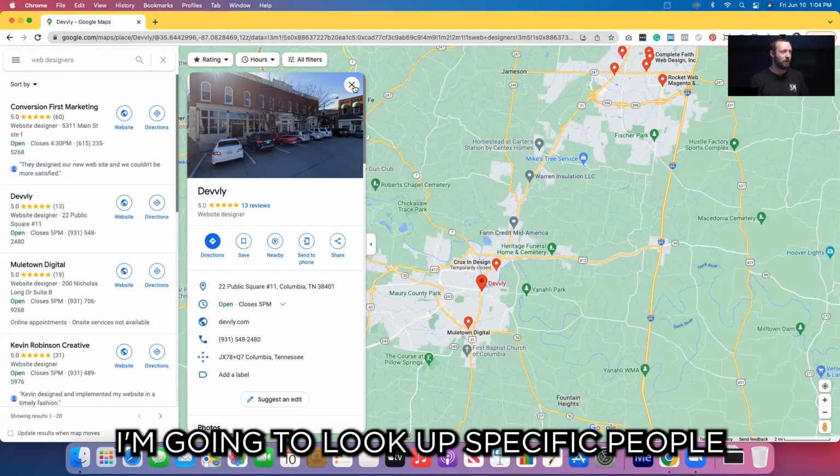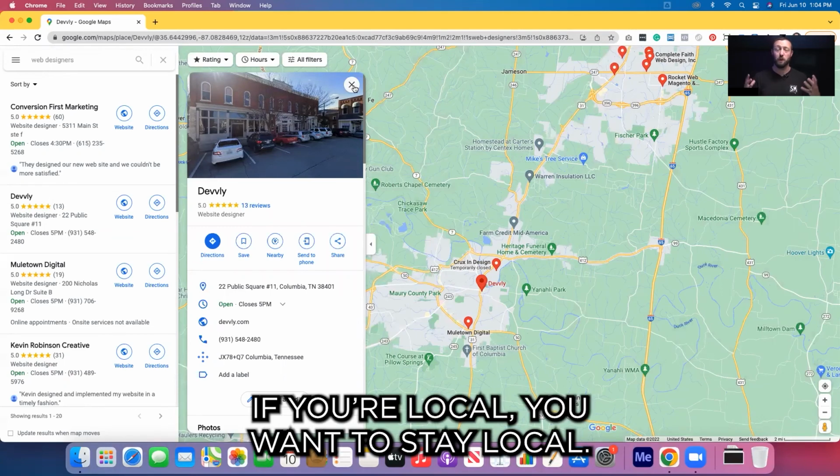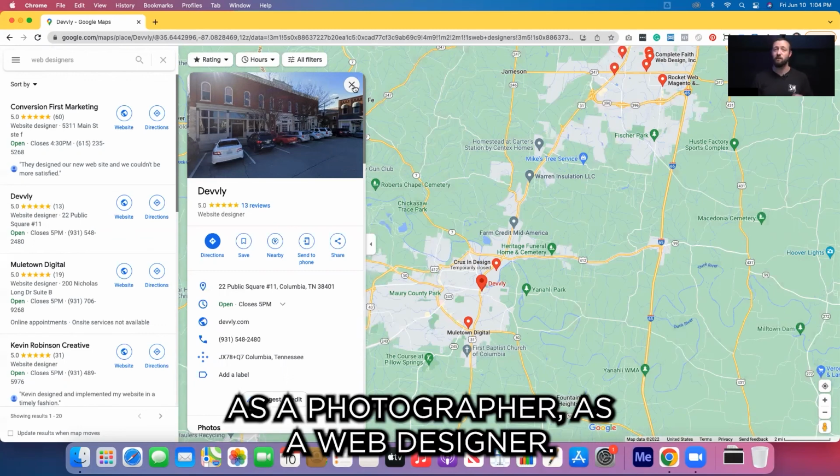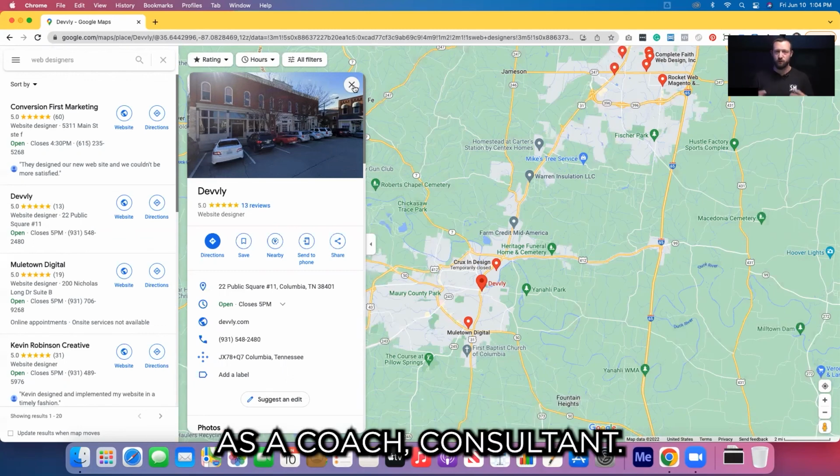So I'm going to look up specific people. If you're local and you want to stay local and just have local customers, so brick and mortar style, as a photographer, as a web designer, as a coach, consultant, whatever it is,